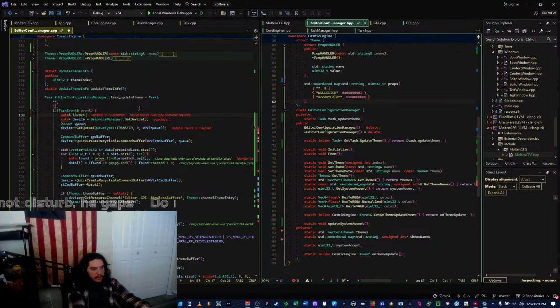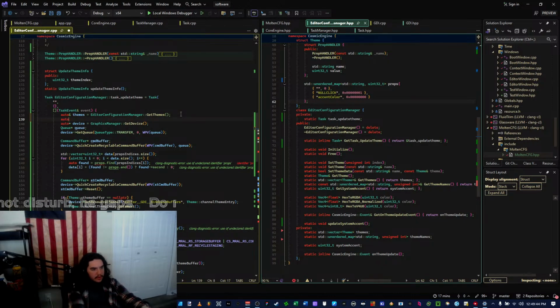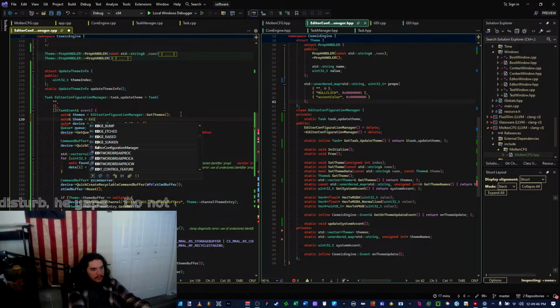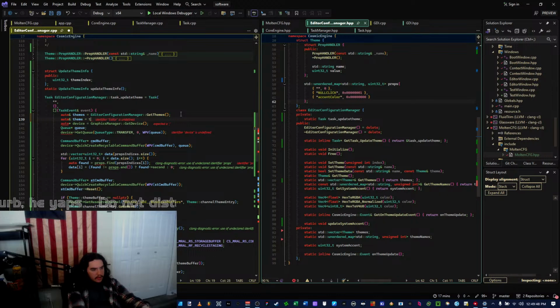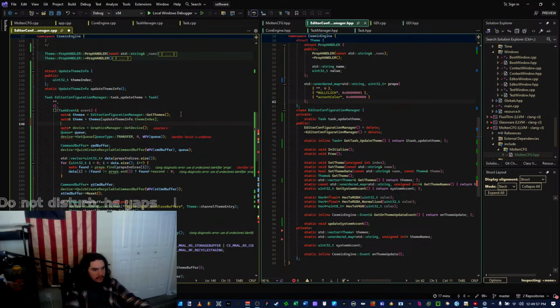And then I'm gonna do auto themes equals editor configuration manager get themes. Stop doing that, Visual Studio. Auto theme equals themes at the theme info dot theme index.